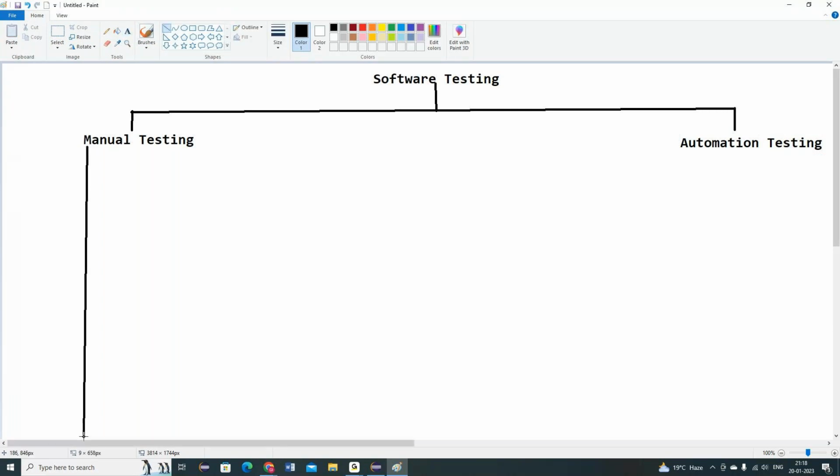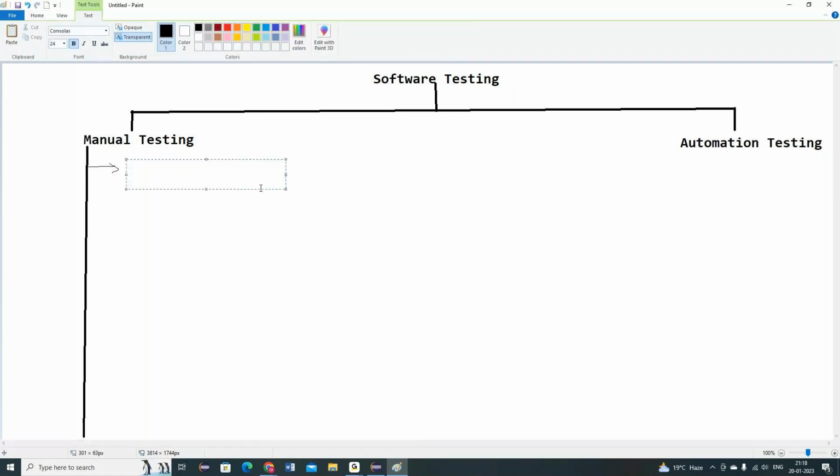When you want to learn manual testing, there are different phases we will go through. If I have to explain those phases, then the first thing that comes under manual testing is